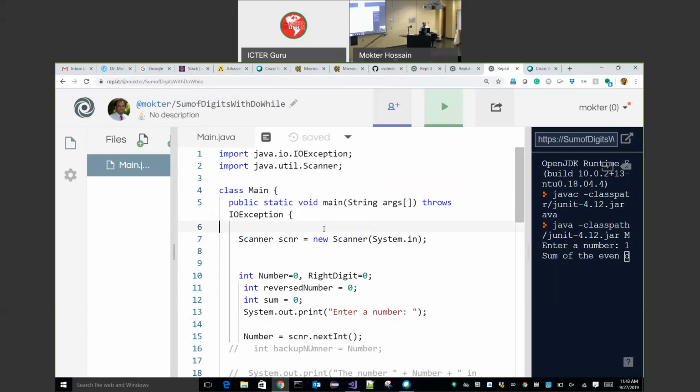And anytime you use the Scanner class, that means some classes, we need to handle exceptions. An exception is an unwanted error, an unwanted situation that happens in a program.